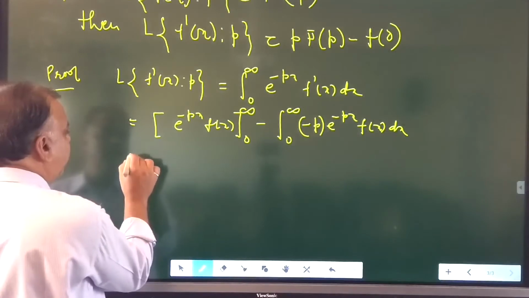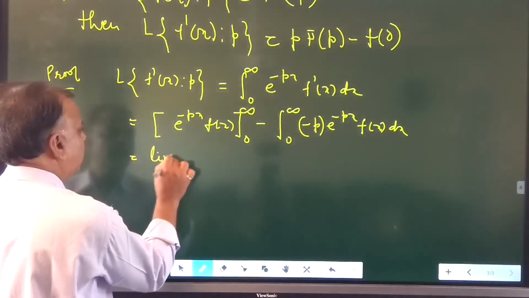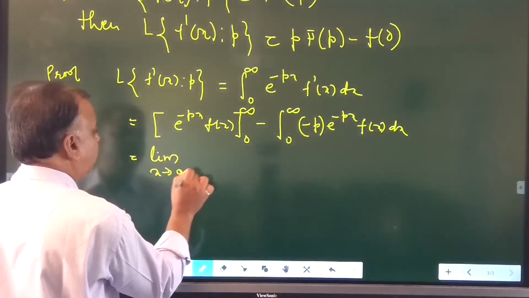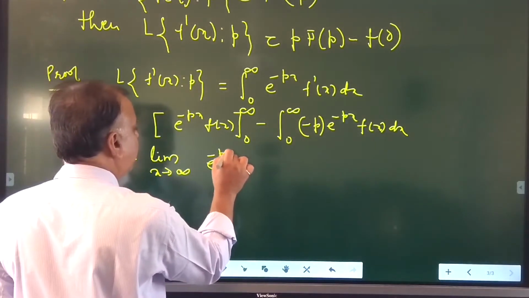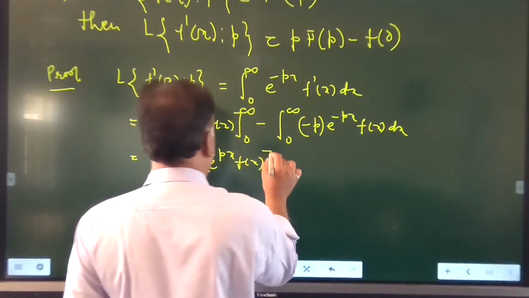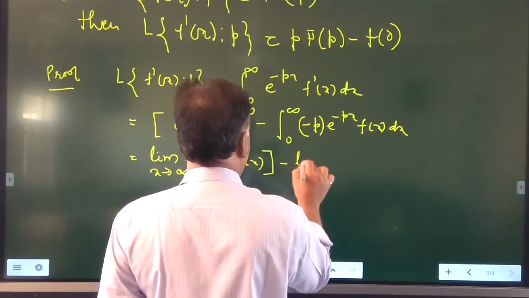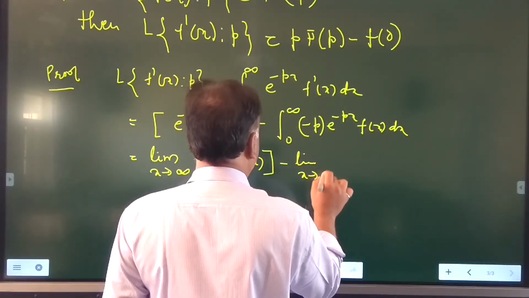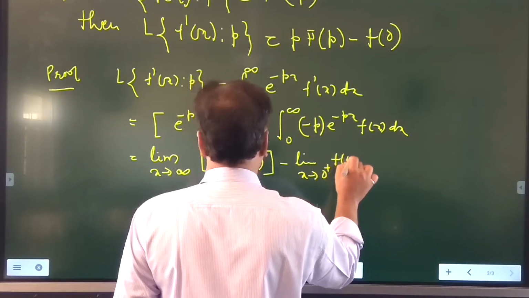Or we can write it as the limit x tends to infinity of e^(-px) f(x), minus the limit x tends to 0 plus of e^(-px) f(x),